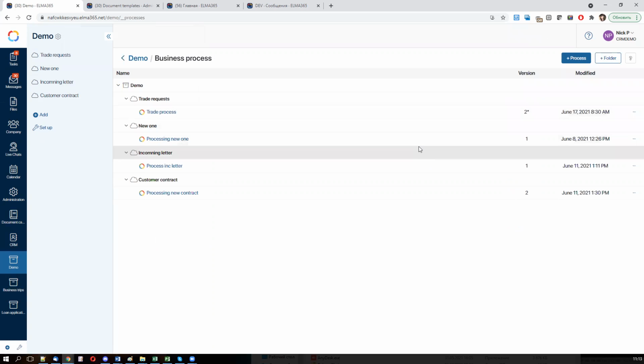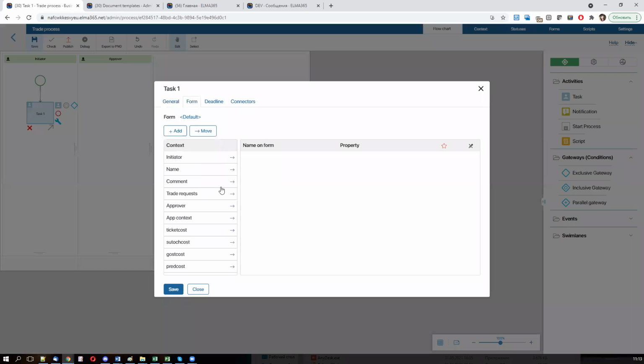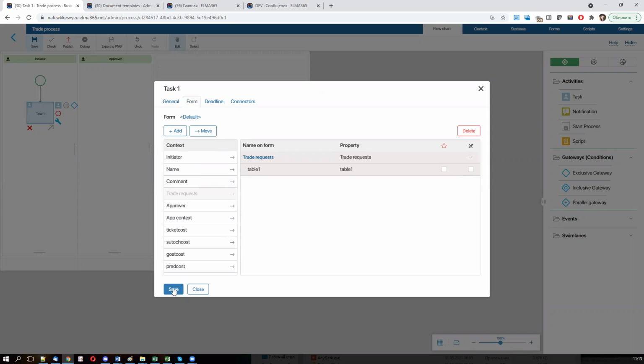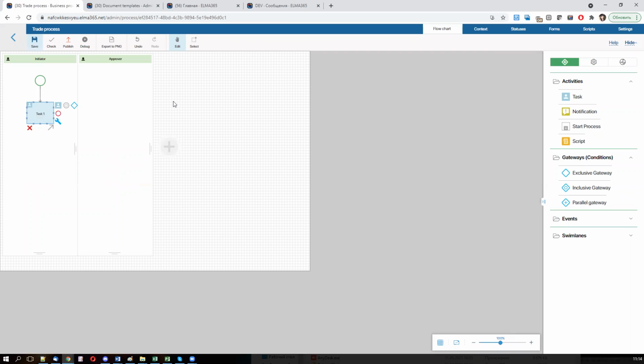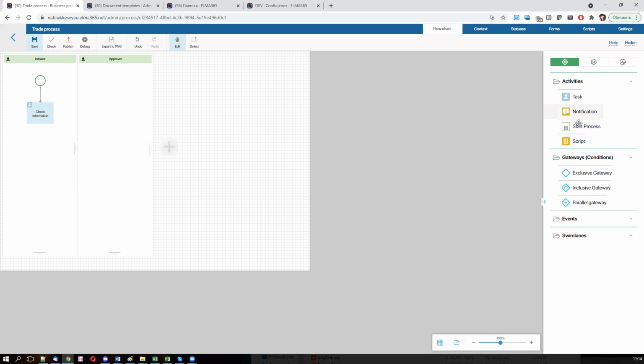Now let's go to the business process. So we'll be working with this one. Okay, we won't need this information in here. Let's start from the beginning. And here we will be checking this information, like what do we have filled in. For example, this table. We can also change it if we want to. And after that,